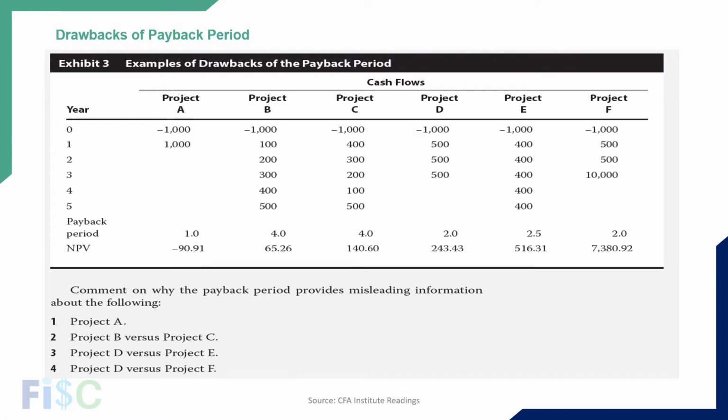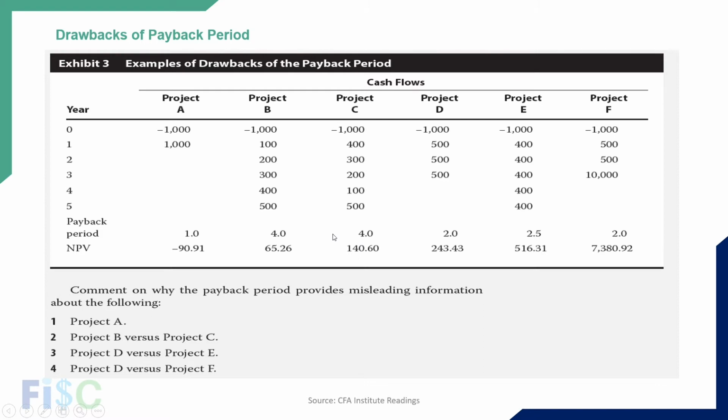So by payback period we should definitely go for project A, but you can see here that the payback period is 1 but NPV is negative. So this is a loss making project. But if we had just chosen by payback period, we would have been in a very difficult situation.